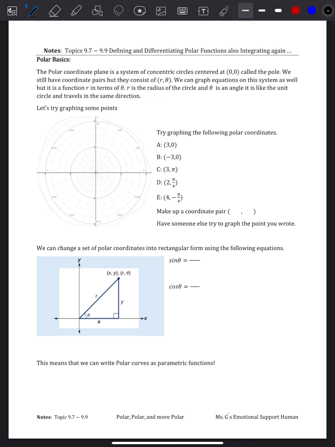We're going to be talking about the last bit of Unit 9, which is all about polar graphs. So we're going to start with what polar is, go into differentiating it, and then integrating it and finding those